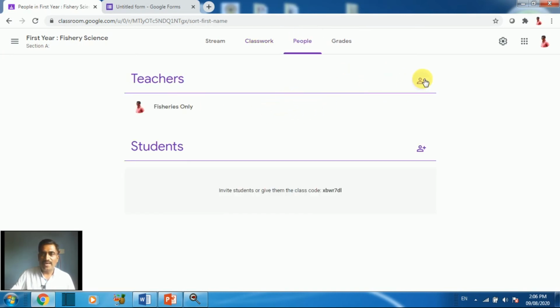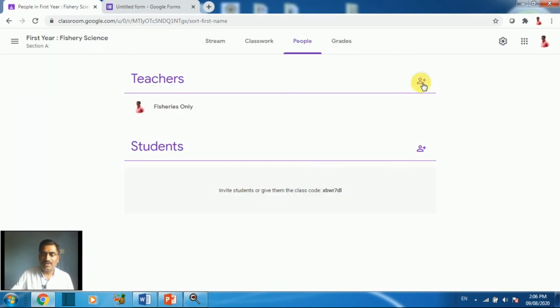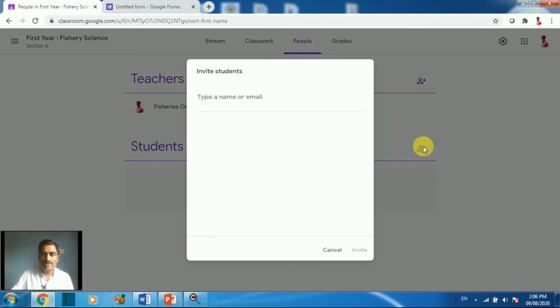Just you can add your colleagues. Just type his name and invite him. You can select this and you can invite your colleagues. Just type email and invite. You can invite your colleagues as a teacher in the teacher section. For students, you can directly invite from here.